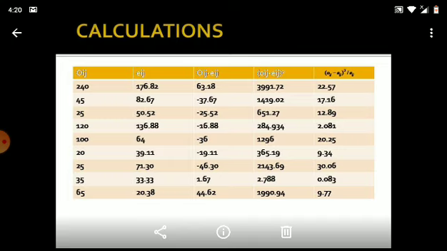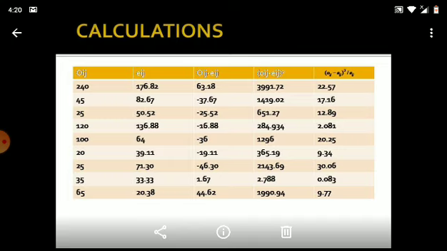In the same manner for 45 and 82.67, we subtract 82.67 from 45 and we get our answer 37.67. Then take the square, 1419.02, and then dividing 1419.02 by 82.67, we have got our answer 17.16. इसी तरह आपके पास ये complete last column बन जाएगा. You will get your last column in the same manner and then you have to add this column finally.